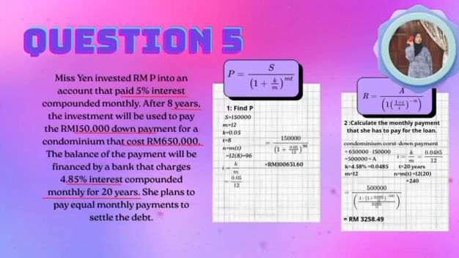Question number 5 is mathematically bifurcated into two distinct financial concepts. For part 1, the working certainly applies the compound interest formula. Here, the target future value is predetermined at 1,500. We extract the monthly